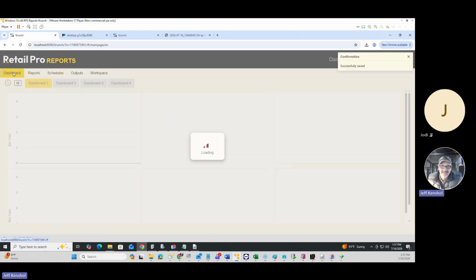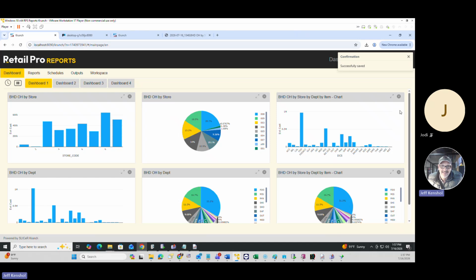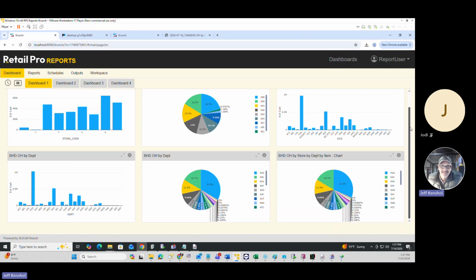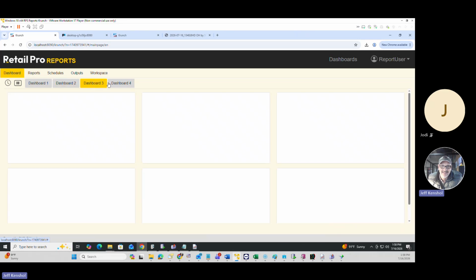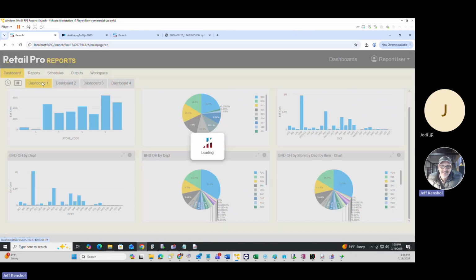And so we go back to dashboard here. Now they're all working like it's crazy, but all right, right? So you can position them where you want. You can go crazy with charts. You got 4 pages here, right? So you can go kind of wild here with that, but